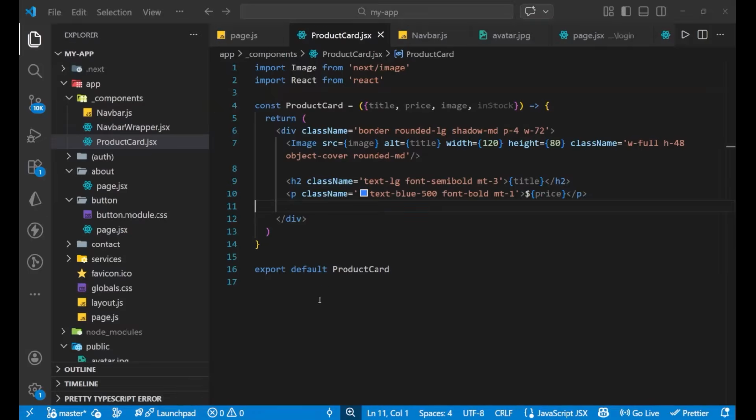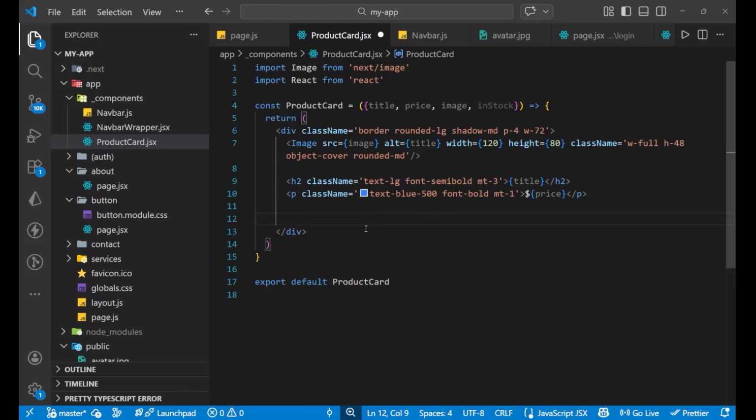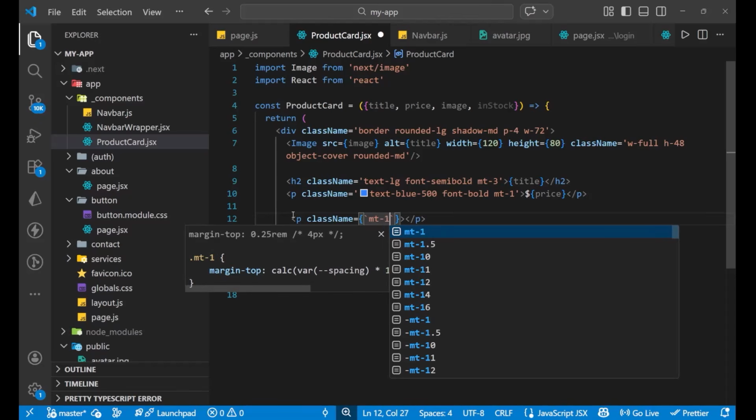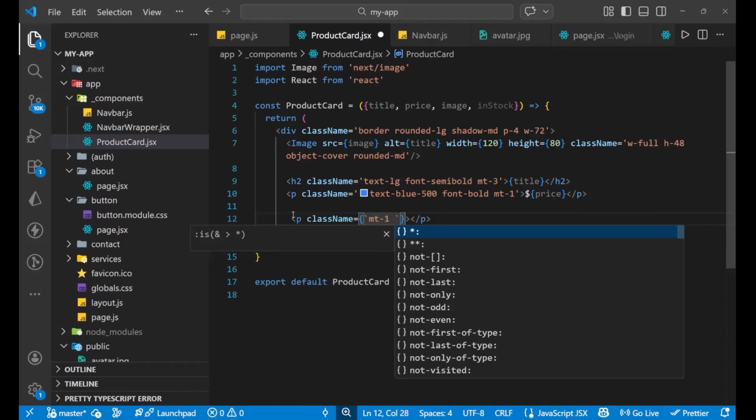Now let's move forward, and now we need to check whether the product is in stock or not. So now we are going to use this inStock, right? For that purpose, what we can do is simply create a paragraph here, and inside the paragraph, first of all, let's do some good work. You need to learn this, right? If you don't know about using this technique. So className is basically put a curly bracket here, right? Curly bracket like this, then use a backtick. Now after using the backtick, you write the CSS property, that is margin top is 1, and after that put a dollar sign,